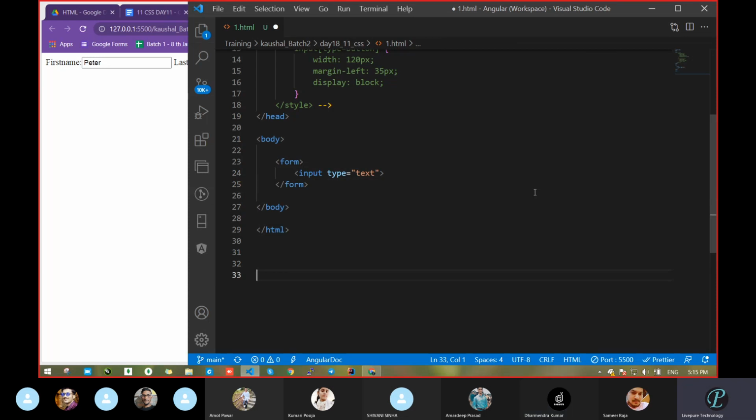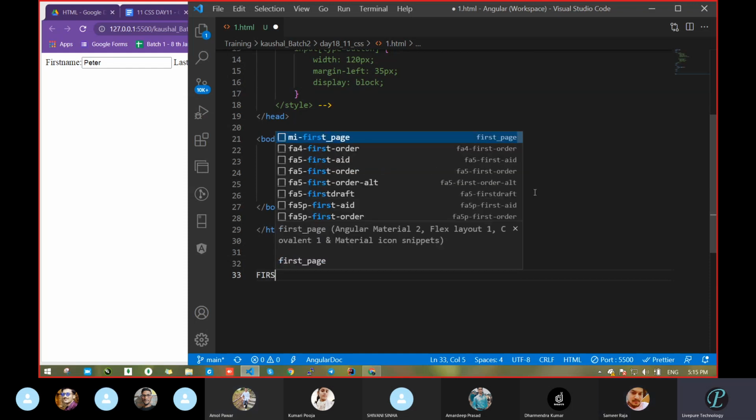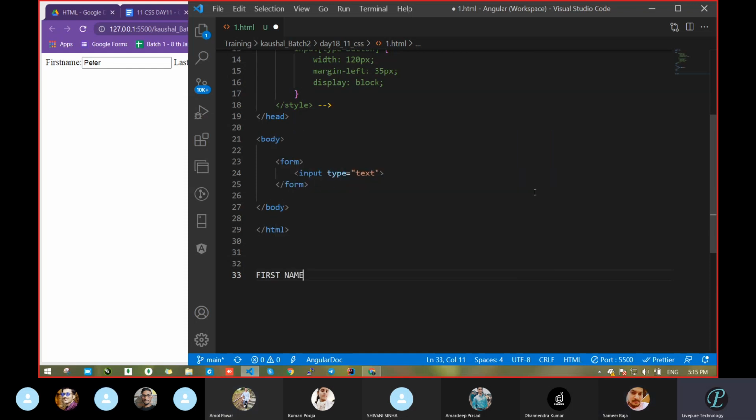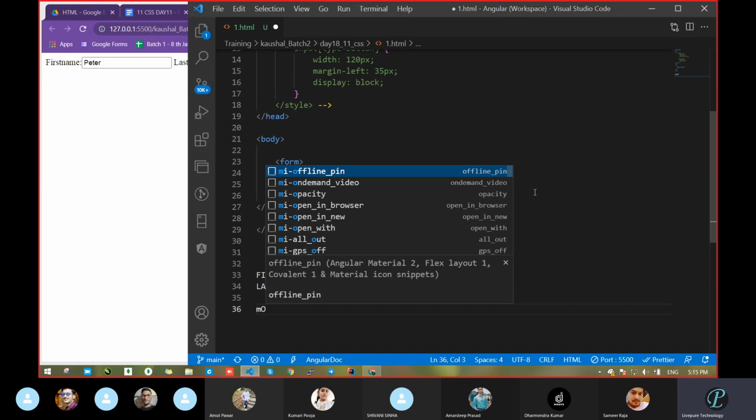Sweta, tell me what fields you get when you create a TikTok account. First name, sir. Yeah, first name. Okay, and last name. Okay, next, Amol. Mobile number, sir. Okay, that is the main thing.